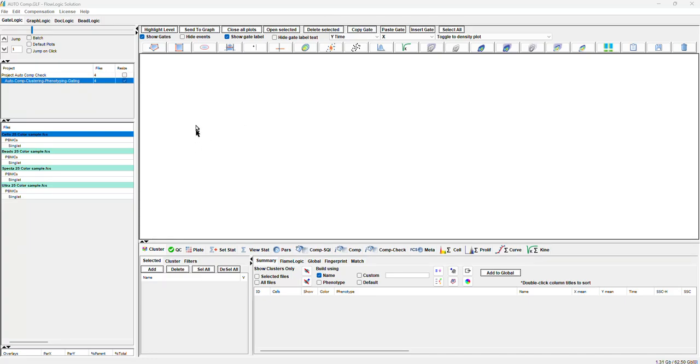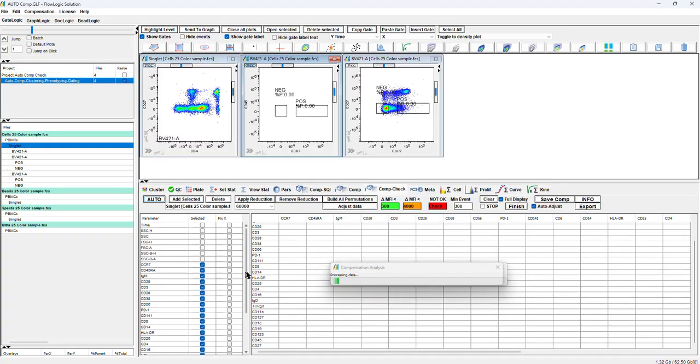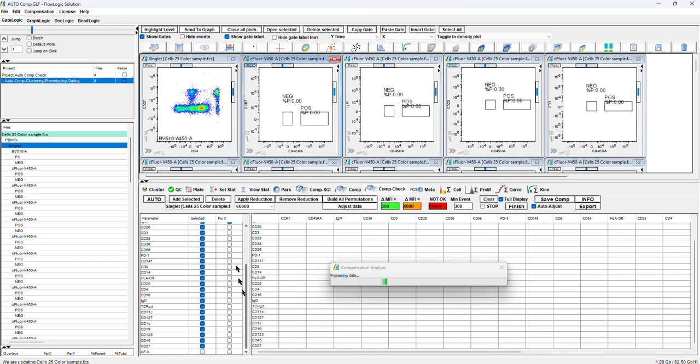Today we are going to show how Flowlogic works for a 25-color Aurora experiment, for our compensation check and adjustment, and we developed it all automatic. So what we have to do now is just select whatever we want. We can select multiple if we want, but for this presentation we present just one, and then click auto adjustment. Flowlogic goes through and does all the settings for you,